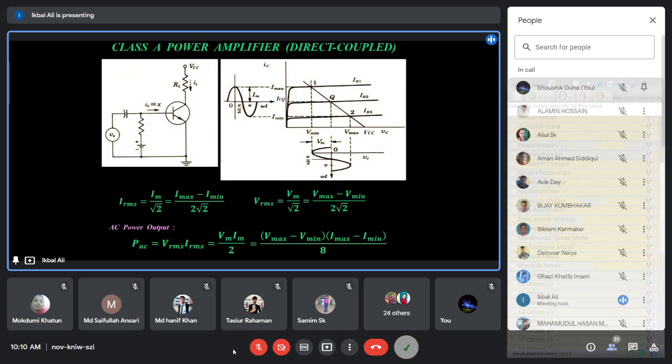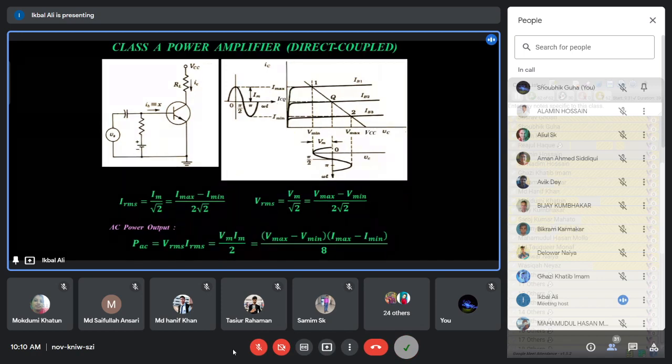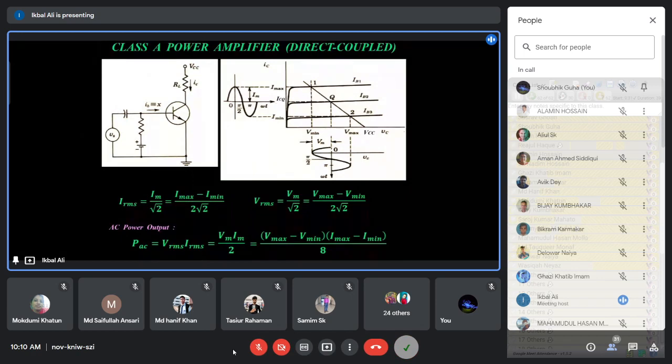Through the antenna, you know that when the antenna catches the signal, that signal should be small. So that is a small signal. And at the output of these amplifiers, the signal will not be distorted. That is the main purpose. The signal will not be distorted, but you will still get some amplification. And we are discussing mainly the last stage of the amplifying system, which is the power amplifier.